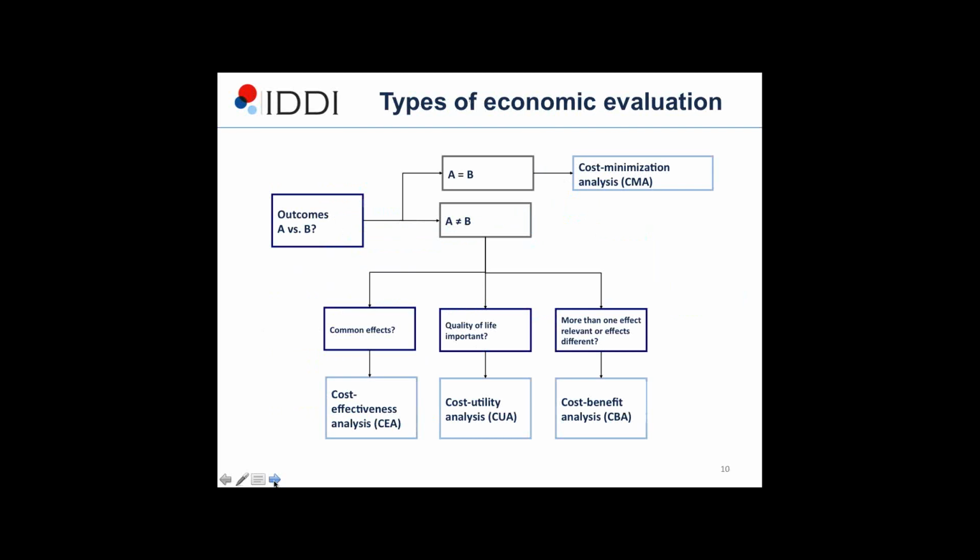So if we are going to do an economic evaluation, how might we do it? Now, this graphic basically gives you an indication that when we do a trial, effectively there's two broad conclusions. So particularly if we do a trial of equivalence or non-inferiority, we can hopefully draw a true statistical conclusion, if it does exist, that treatment A is equal to treatment B. In other words, the outcomes associated with the treatment is the same. And here, really, the analysis is quite simple. If the outcomes, clinical outcomes, are the same, really, it's the difference in costs that matter, and that's as complex as the analysis gets, and we call that cost minimization.